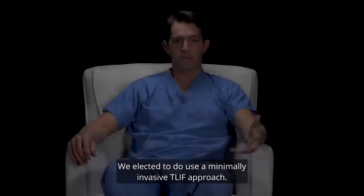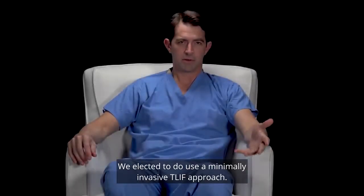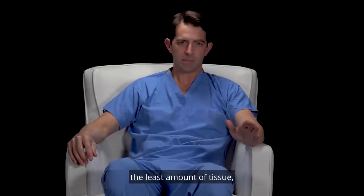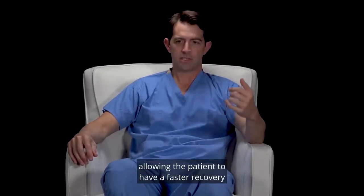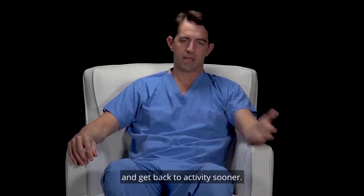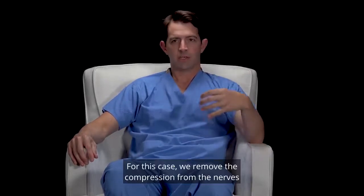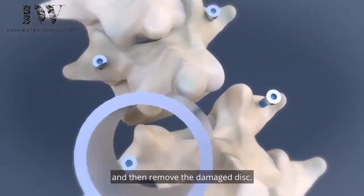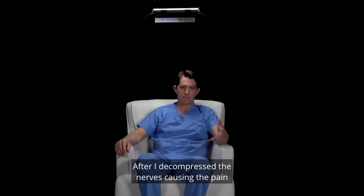We elected to use a minimally invasive TLIF approach. Minimally invasive means that we're disrupting the least amount of tissue, allowing the patient to have a faster recovery and get back to activity sooner. For this case, we removed the compression from the nerves and then removed the damaged disc. After I decompressed the nerves,